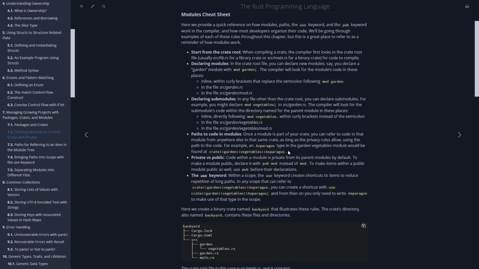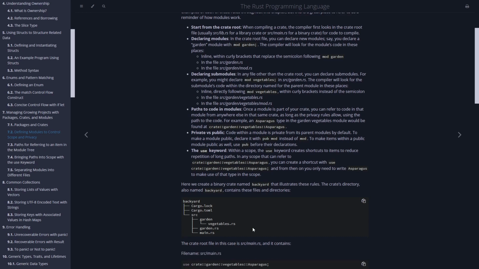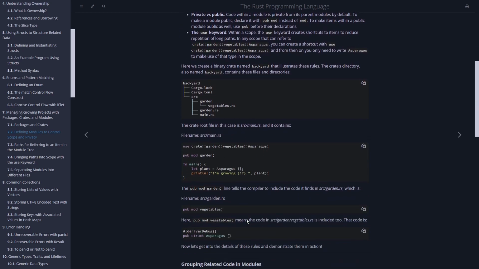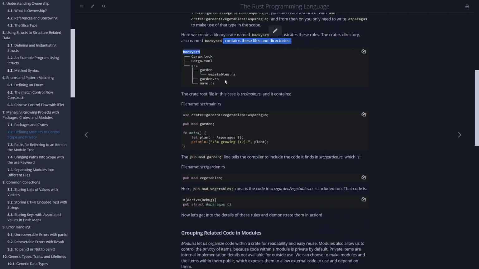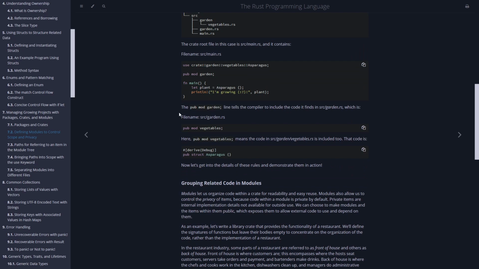Here we create a binary crate named backyard that illustrates these rules. The crate's directory, also named backyard, contains these files and directories. The crate root file in this case is src/main.rs, and it contains use crate::garden::vegetables::Asparagus; pub mod garden;